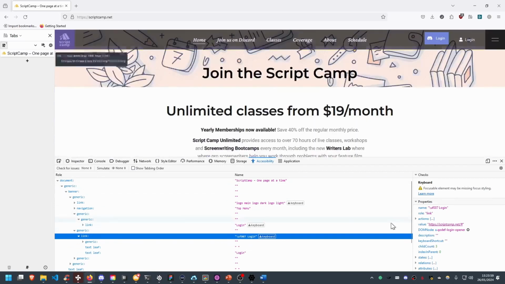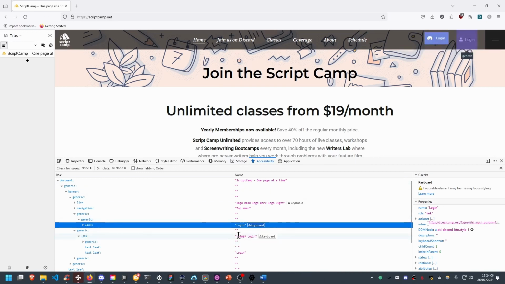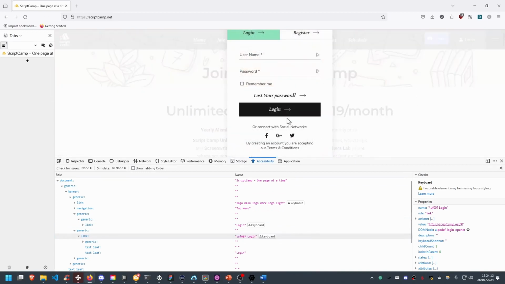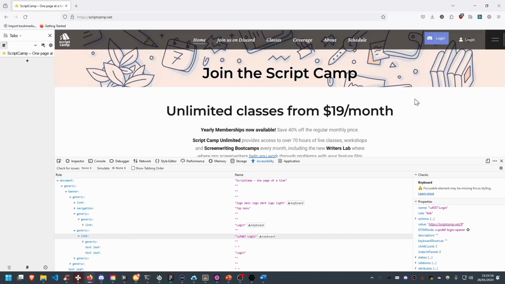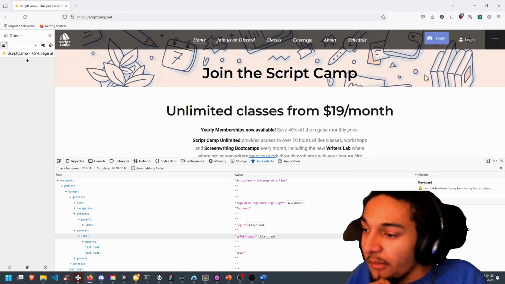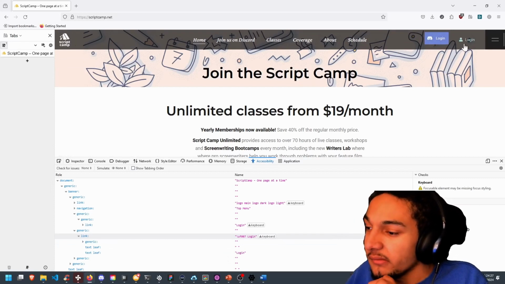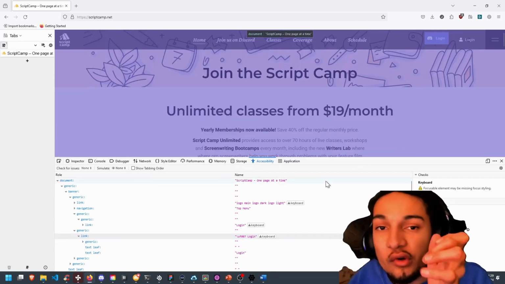So we can go into the code and add an ARIA label that will then say, okay, this is the Discord login, and this is login with another social network or a login form or something. Or maybe, there's a few different things that we could do. But to a screen reader, these two buttons are basically the same, and so it's unclear to know which one does which.